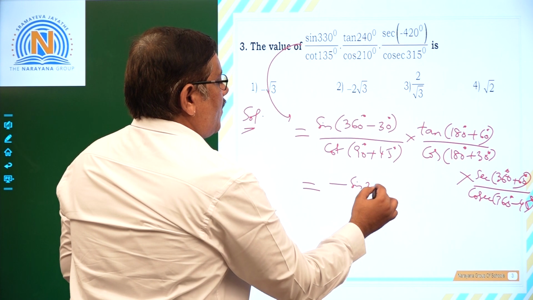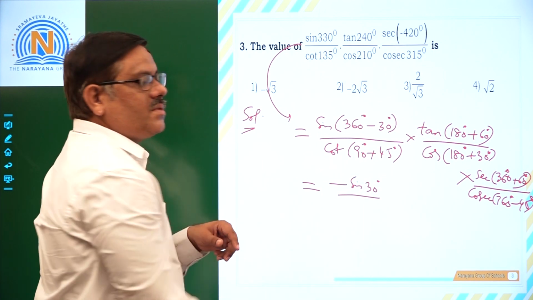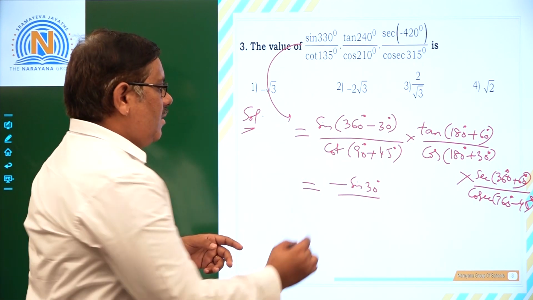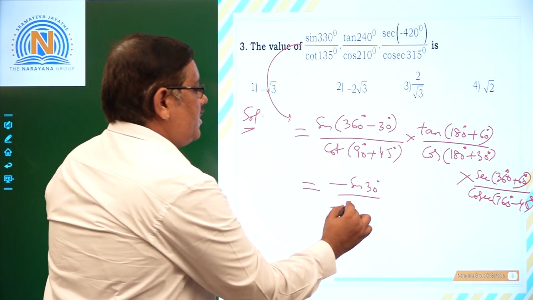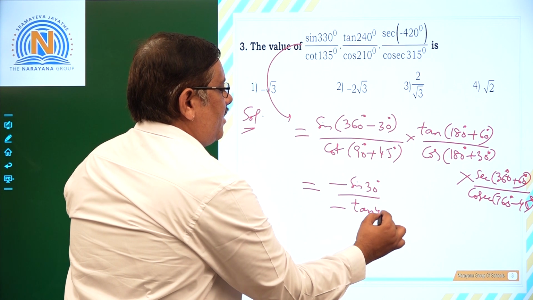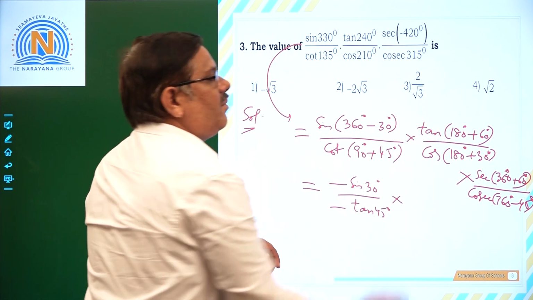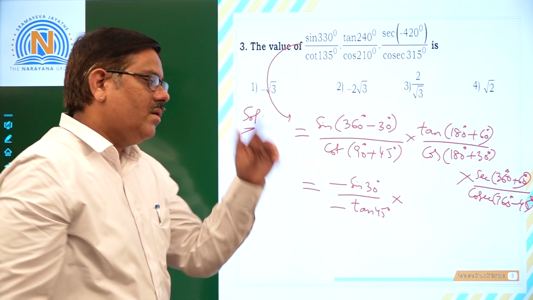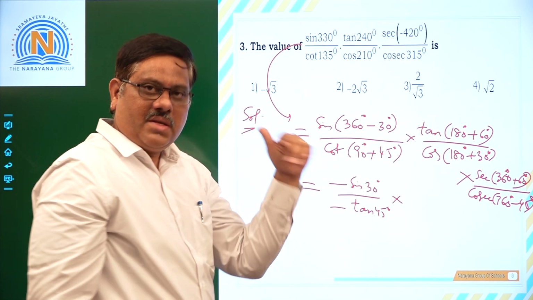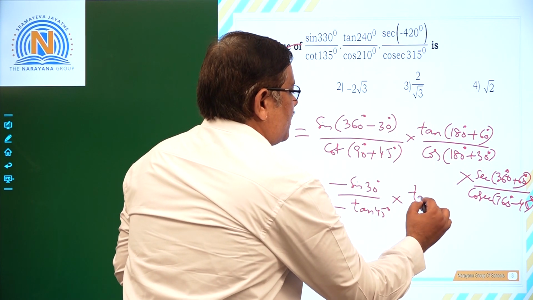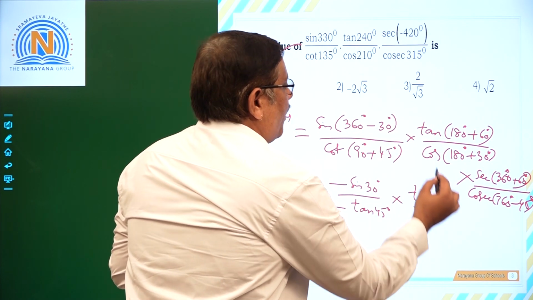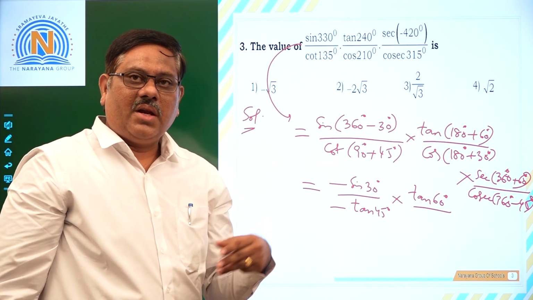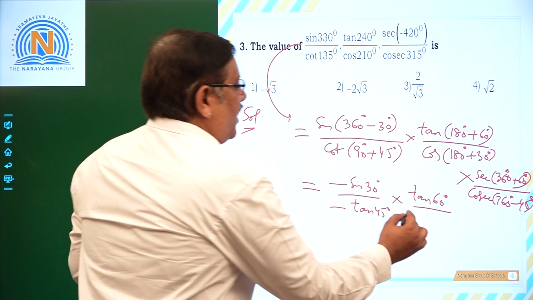By here, cot of 90 plus 45, 90 plus 45 is in the second quadrant, cot is negative there, minus cot. 90 means it changes to tan, so 45 degrees into tan of 180 plus theta. 180 plus theta is in quadrant number 3, tan is positive there. Next, 180 means tan remains as tan, so it is positive tan 60 degrees, upon cot 180, cos of 180 plus theta. 180 plus theta is in quadrant number 3, cos is negative there, 180 means cos remains